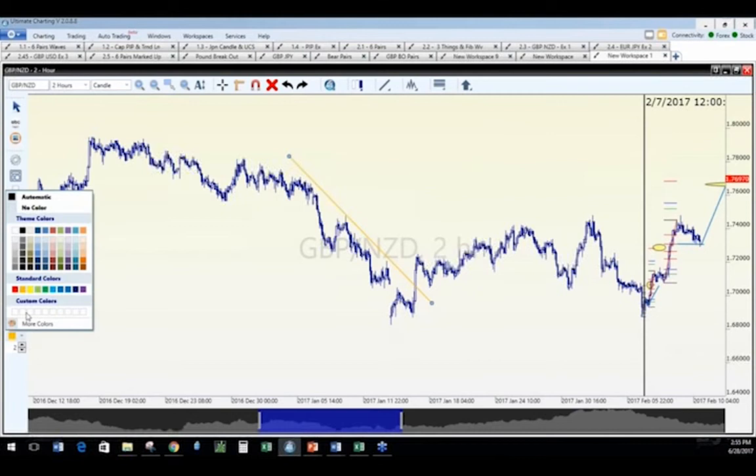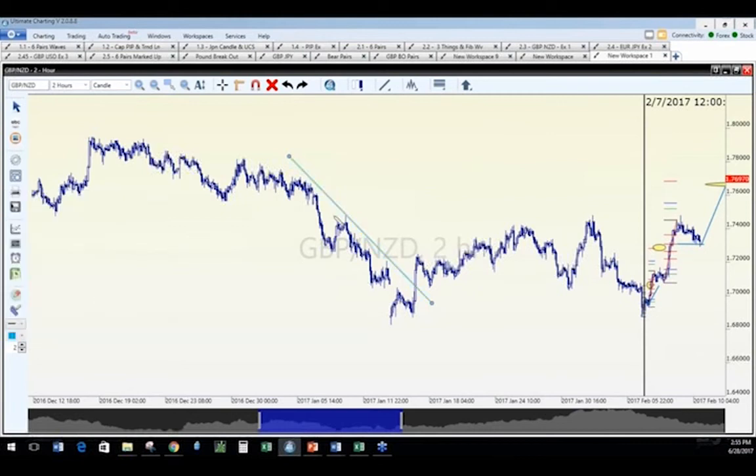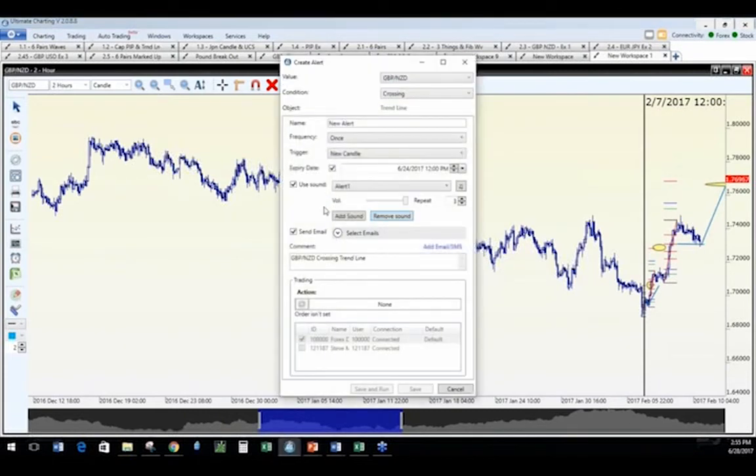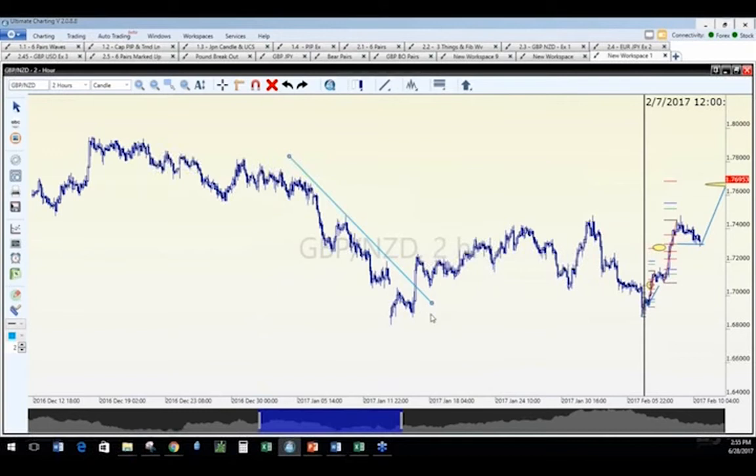Okay, I'm going to change this to blue. I like my trend lines blue. Okay, and you see this and it breaks out. It finally breaks above it. Now you could just wait here and watch it, but you can actually send an alert. I can click on here. I can add an alert automatically right to the chart, so then as soon as it crosses over it, you get notified. And so this is a nice tool that you can use.